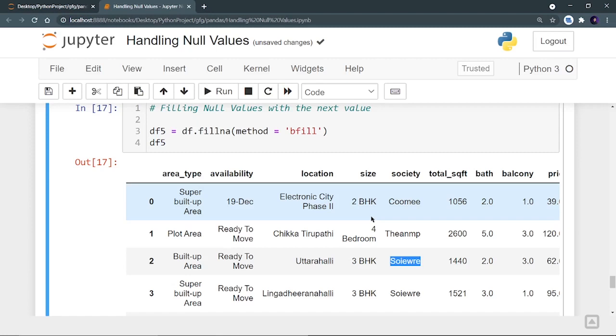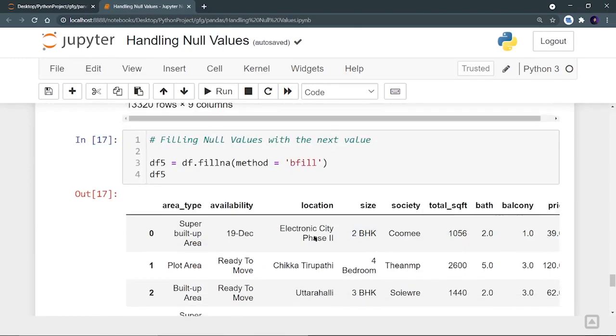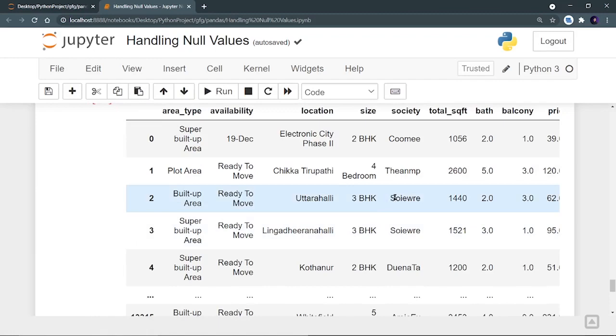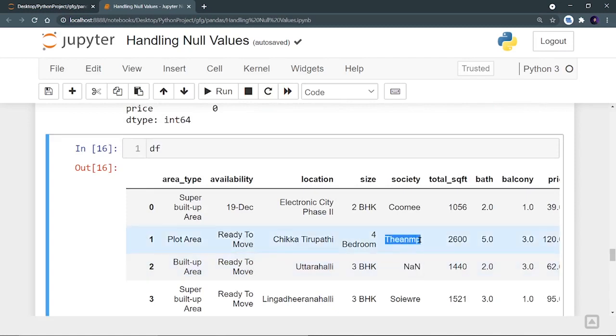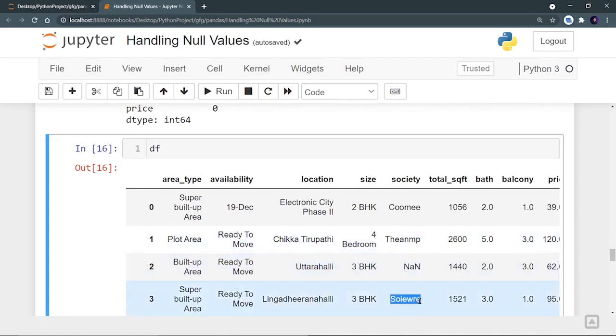So we have seen how we can fill these null values using the pad method and using the backward fill method, right? So let's do a quick recap of these two methods. In the pad method, we fill the null values with the previous value row wise, but in bfill, that is backward fill, we fill the values with the coming value, the next value row wise, right? Now we have seen filling the null values row wise, right? What I was doing, let me come to df, I was filling this null value with this value by pad and this value by backward fill.